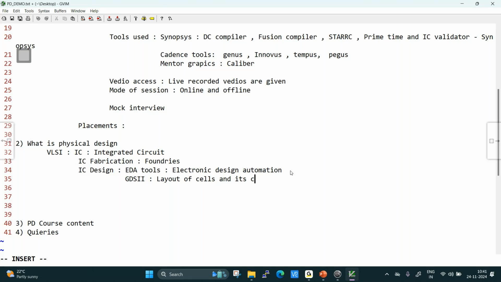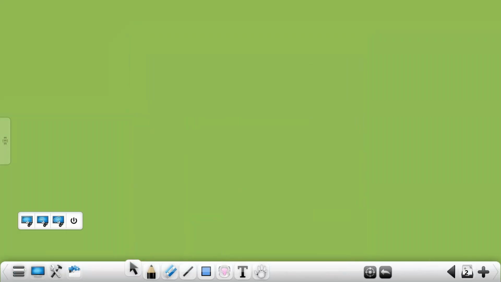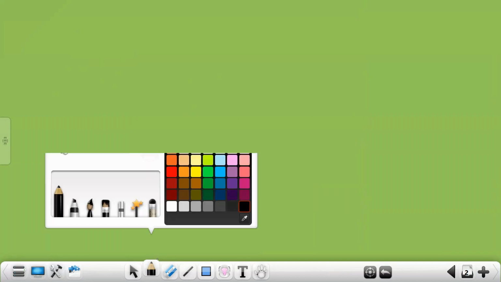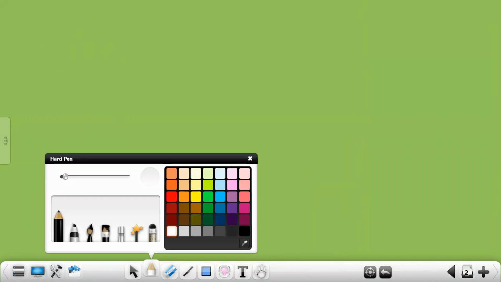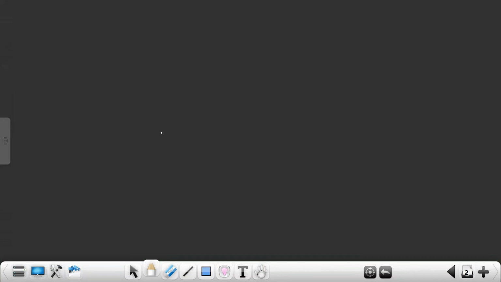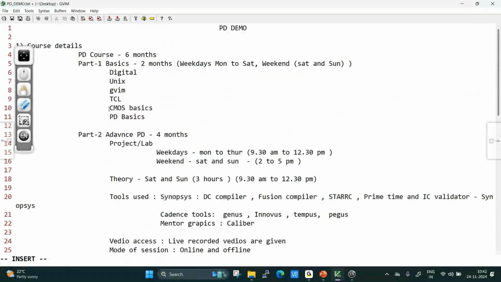Right. So you know what is layout? Everyone knows what layout is? If you don't know layout, then you have to attend your CMOS basics. We are going to cover what is layout. Let me give one example of layout. If you take your CMOS inverter,